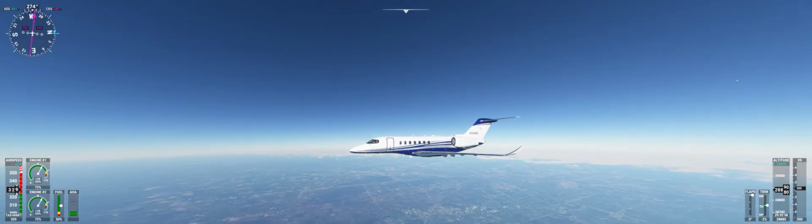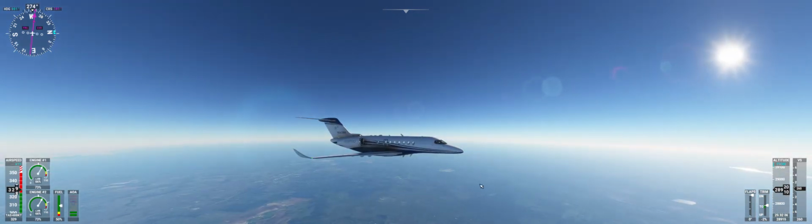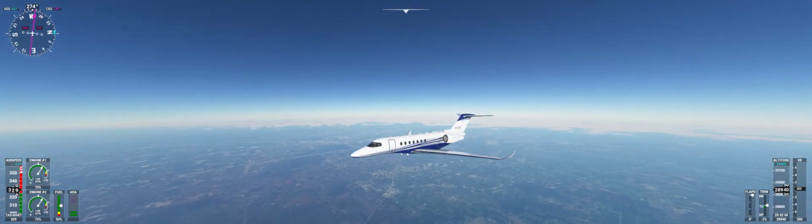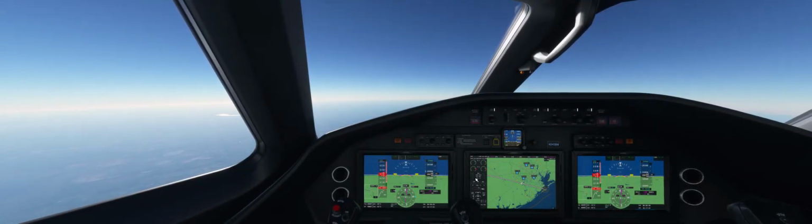This plane, 343 Bravo Whiskey, has just been everywhere. We started off, picked it up in Sacramento. Flew to Maui. Maui down to Tahiti, Tahiti to Auckland, New Zealand, Auckland, New Zealand to Sydney, Australia. Sydney, Australia to Perth. Perth up to Singapore, Singapore to Kuala Lumpur, Kuala Lumpur all the way to Osaka, Osaka to Tokyo, Tokyo to Sapporo on the island of Hokkaido, and from there to Anchorage,